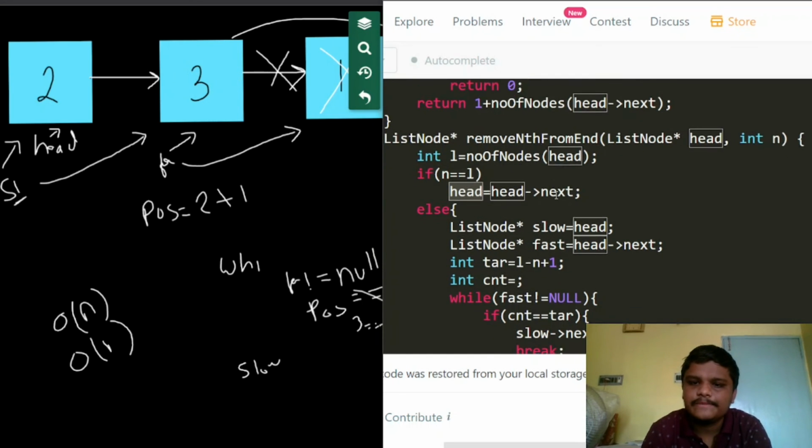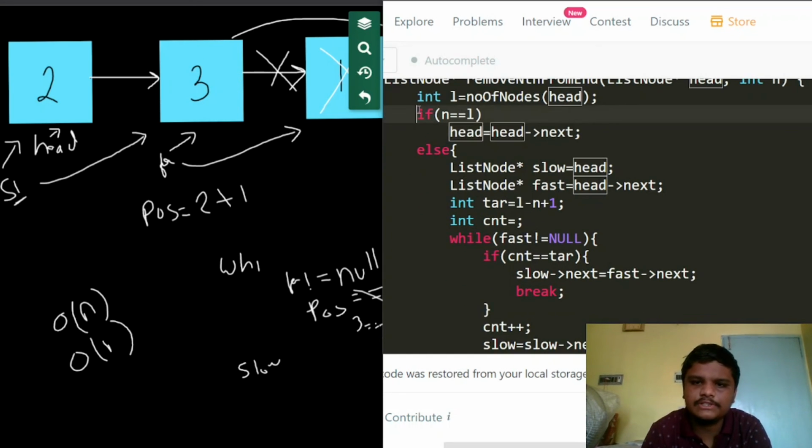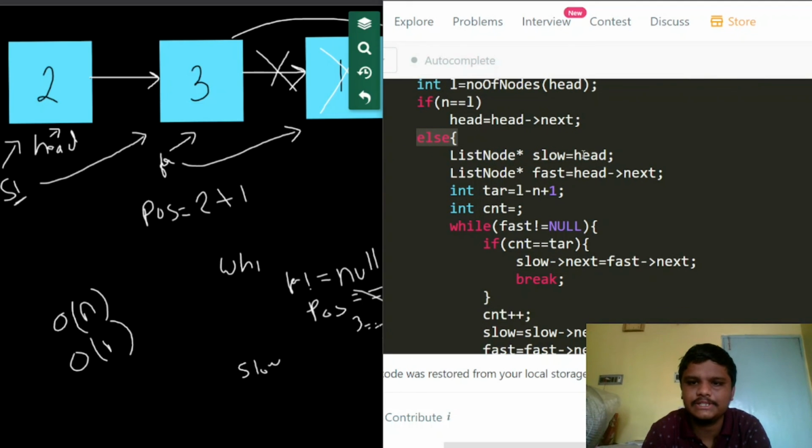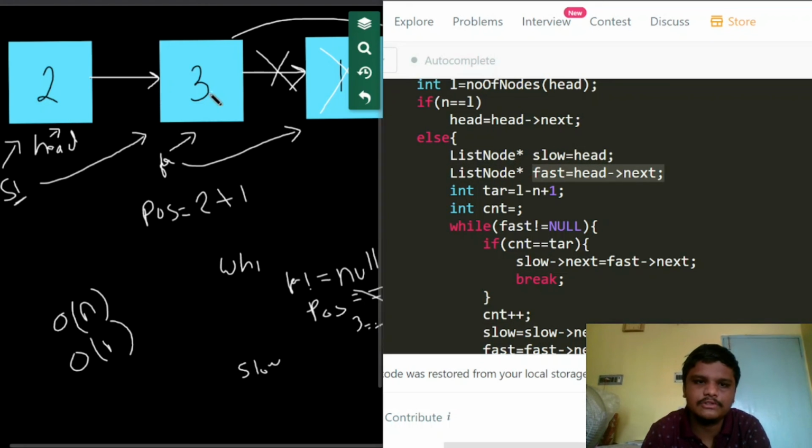If this condition is not satisfied, we move to the else case. In the else case, we have taken a slow pointer, which is currently pointing to head, and a fast pointer, which is pointing to head dot next, that is 3. You can see this in the example.